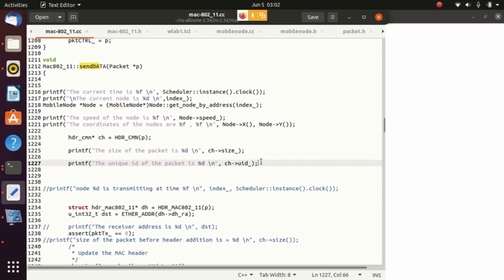Okay, now let us see how we can get the source. You can get the previous hop as well and the next hop as well. The next hop is the node to which the packet is to be transmitted. But remember one thing, it provides for the